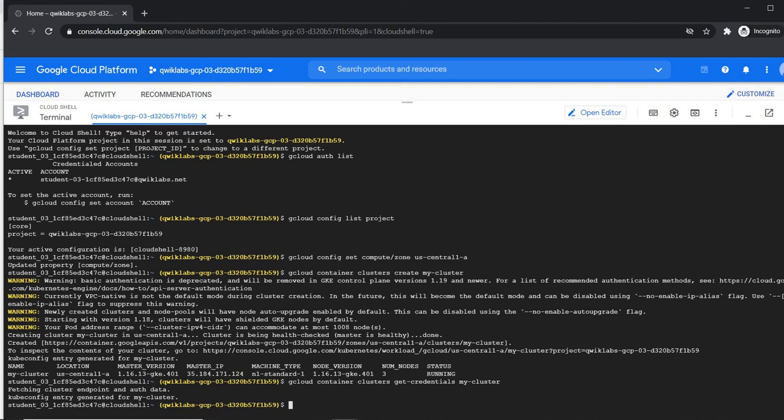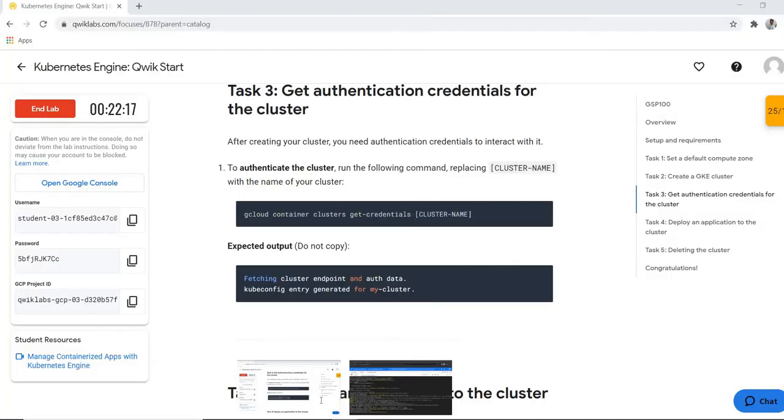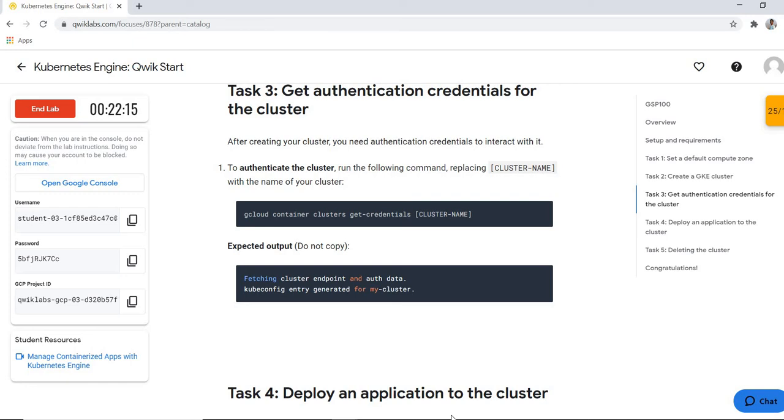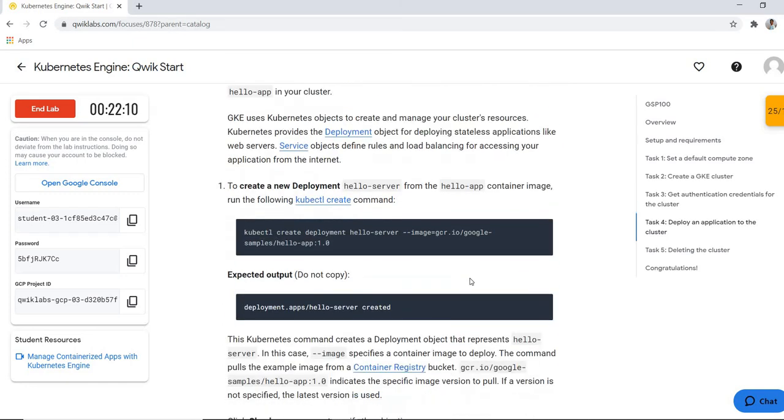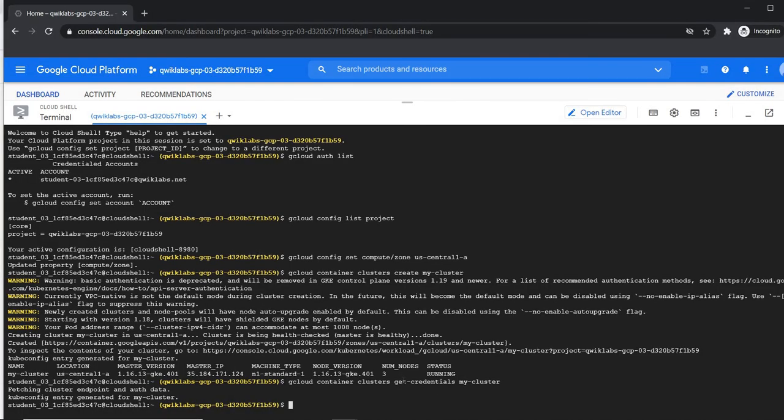So we get the credentials for this cluster. All of this is written in the guide, so you just have to follow it step by step. This is the app we are trying to deploy in our Kubernetes cluster.